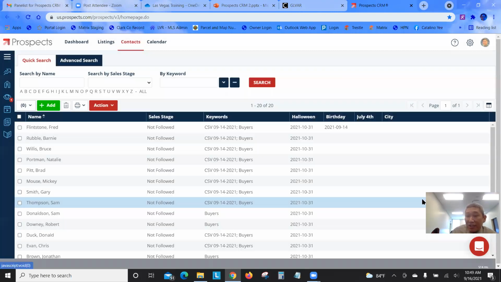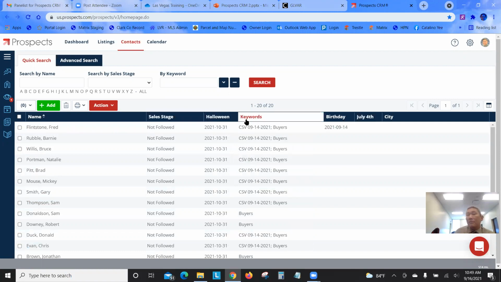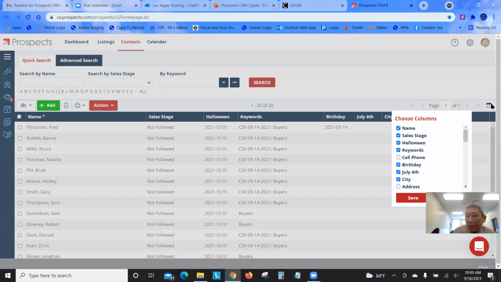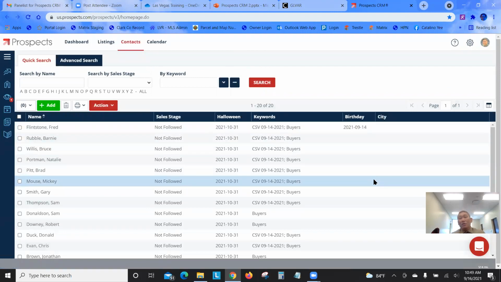All right, so click save after you add it, and now you see July 4th is here. And then to organize it, if I want to put Halloween after sales stage, simply drag it over. So that's how you can organize that. If I don't want one of these columns, click here, unselect it. Like I don't want July 4th anymore. Unselect that, click save, and now it's gone. So that's how you can add and edit columns, okay? All right,